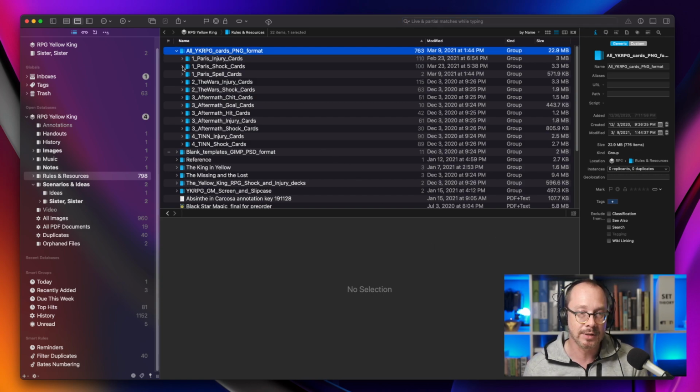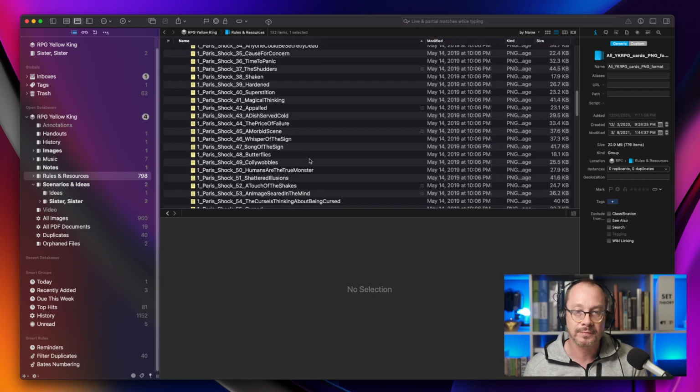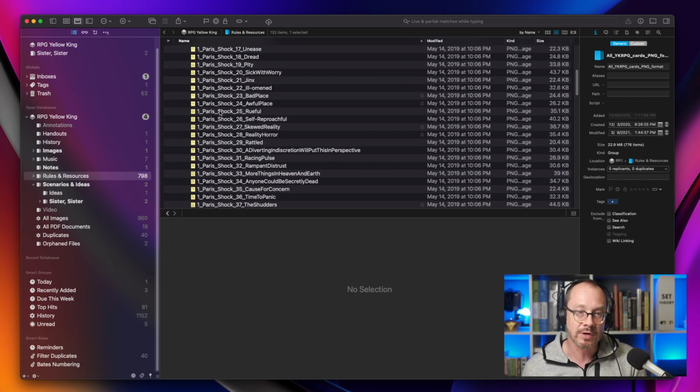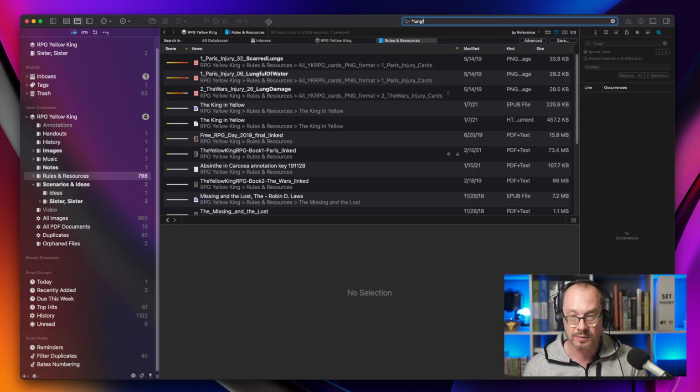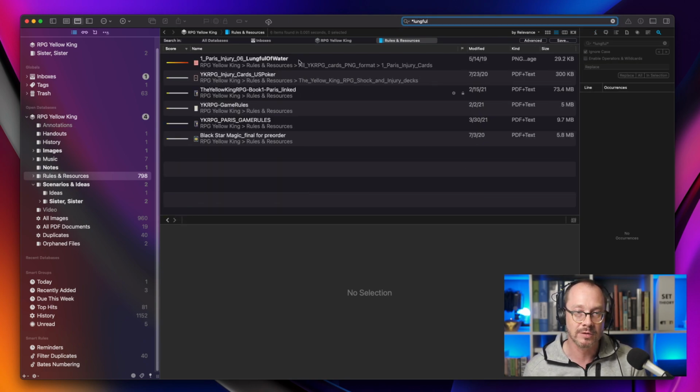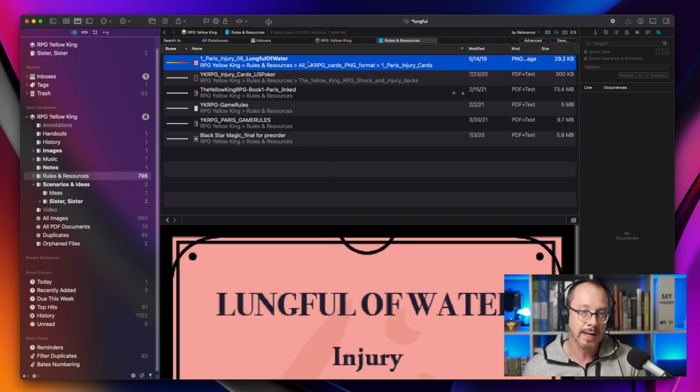And let's take a look at some of the shock cards here. So there's a lot of them, and sometimes it's hard for me to quickly grab the right one that I need. So what I do is I actually just use search. So for instance, if I'm searching for lungful of water, it's one of the injury cards, I can really easily